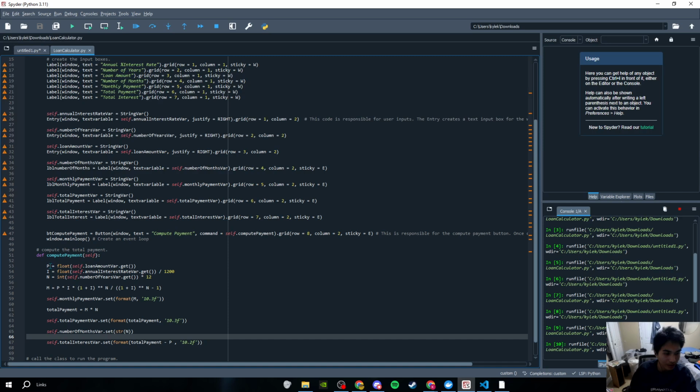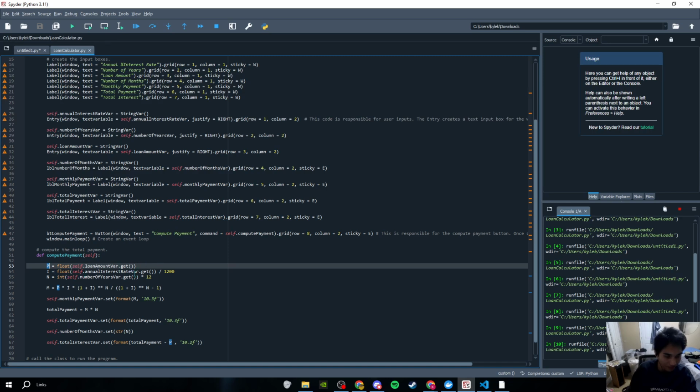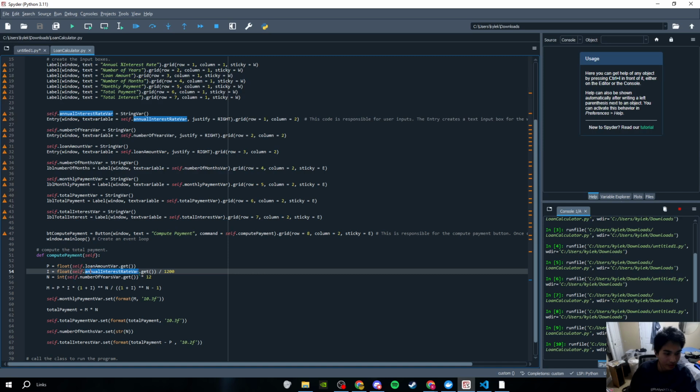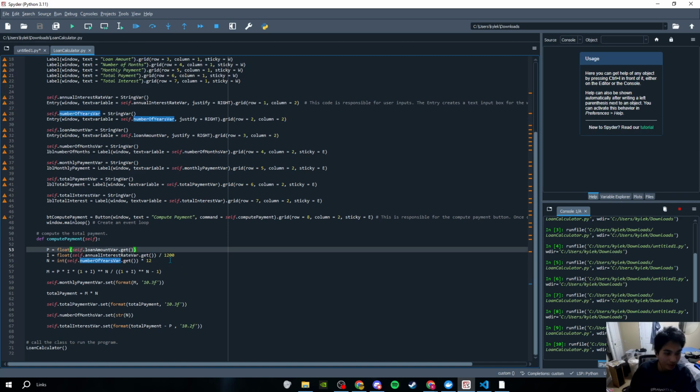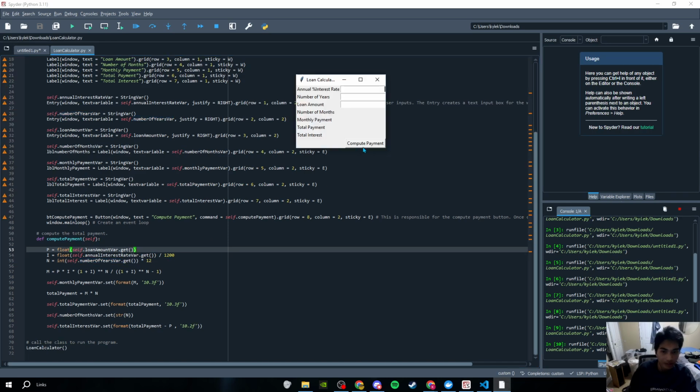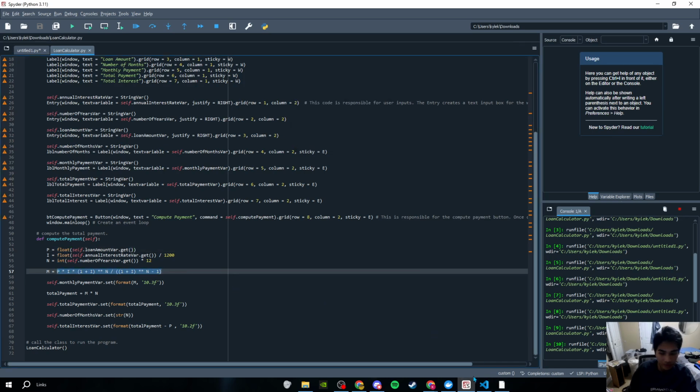As we can see, this is initialized as P, the loan amount, which is the principal, and I is the interest divided by 1200, and the number of months is just the number of years times 12. And to get the monthly payment, you use this function given to us,